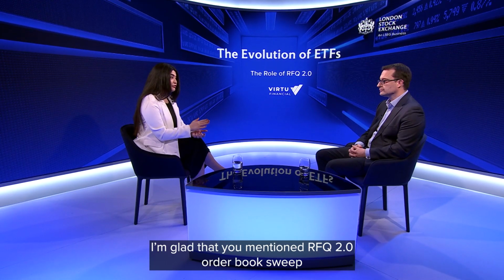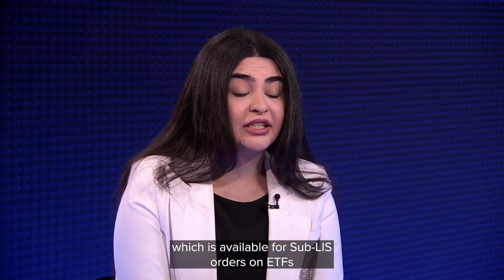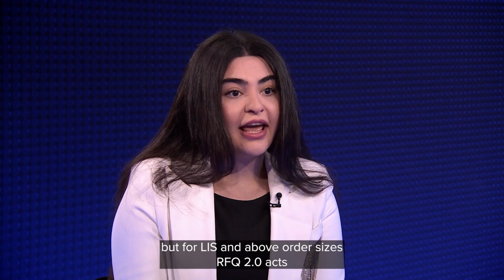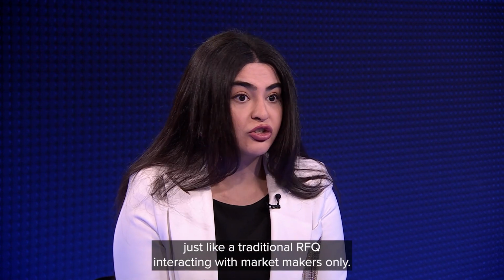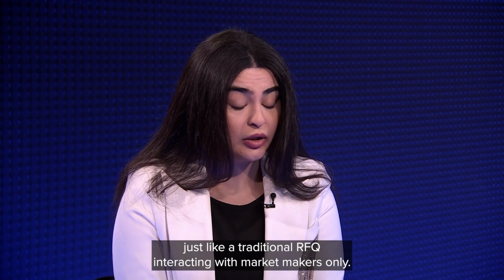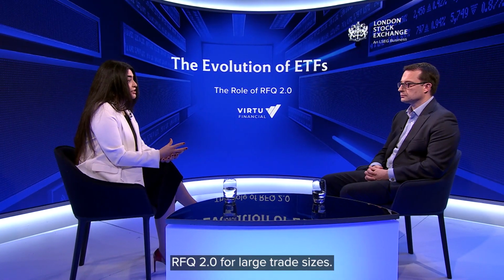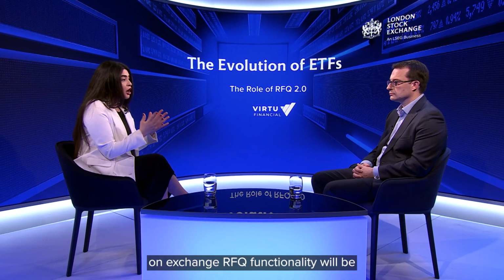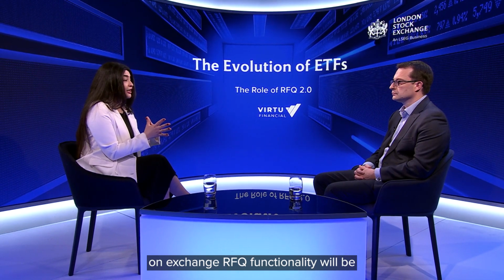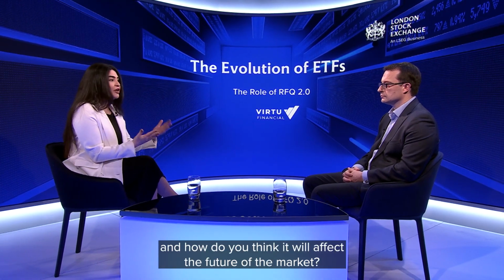I'm glad that you mentioned RFQ 2.0 order book sweep, which is available for sub-LIS orders on ETFs, but for LIS and above order sizes, RFQ 2.0 acts just like a traditional RFQ, interacting with market makers only. We have observed brokers using RFQ 2.0 for large trade sizes. I guess my question to you is, broadly, what is your opinion on how the rise of on-exchange RFQ functionality will be enhancing European ETF market structure, and how do you think it will affect the future of the